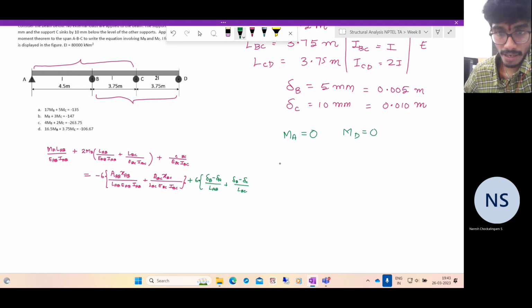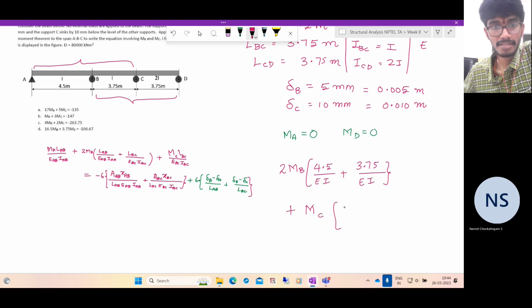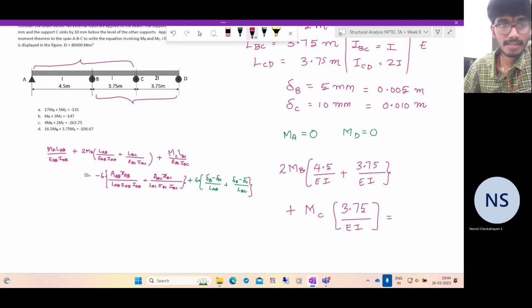So the first term will be 2 MB into LAB, which is 4.5 by EI, plus LBC, which is 3.75 by EI, plus MC LBC, 3.75 by EI, is equal to